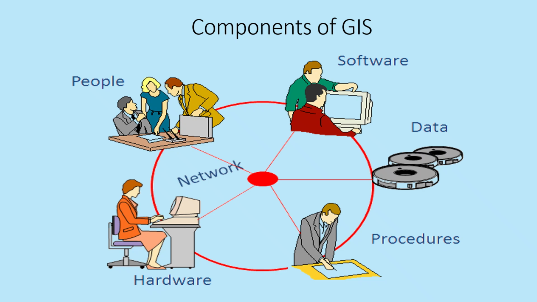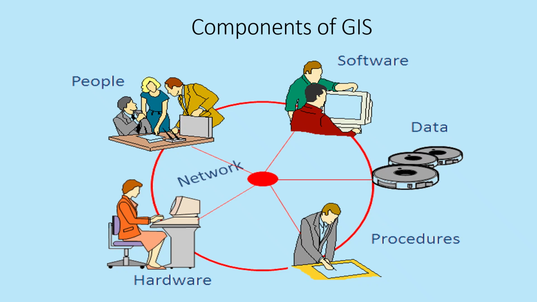geographic information. Data is the most important component and includes both spatial data, which shows location, and attribute data, which describes characteristics of features. People include GIS analysts, planners, surveyors, and decision-makers who operate the system and interpret results. Finally, methods refer to the procedures and workflows used to collect, analyze, and manage geographic data effectively. All these components work together in an integrated manner to collect, manage, analyze, and present geographic information efficiently for better